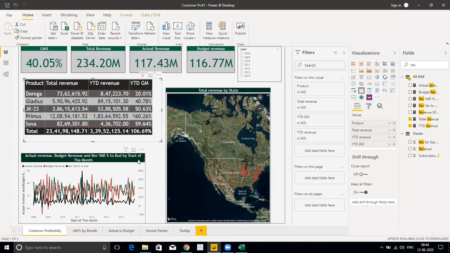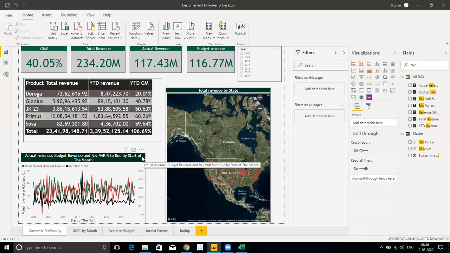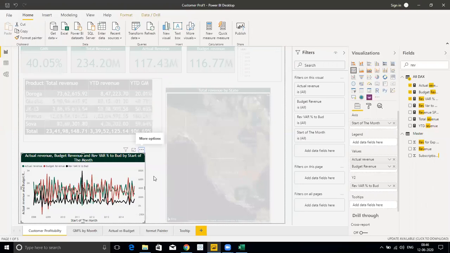If you want to get the data of a visual, you just click on it and click on export data. Now, the next feature is, if you want to put a spotlight on any single visual, just select it, click on more options and choose the spotlight option. All the rest of the visuals will get blurred for the time being, and only your selected visual will appear.